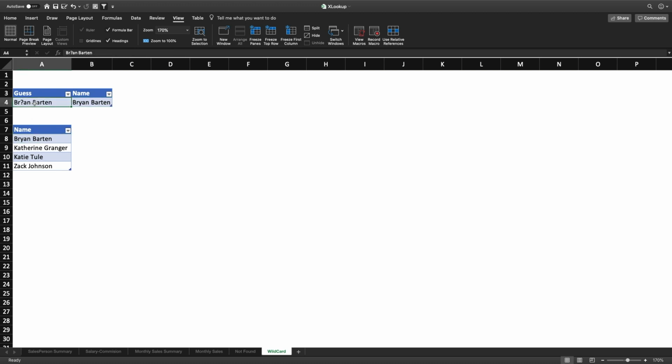So this is just a way for you guys to be able to look up a value that you don't know the exact spelling to, but you kind of have an idea. You can use some kind of wildcard portion here in place of that other letter or value, and then it can bring back what you are hoping to get. Let's go with one more. Let's look at